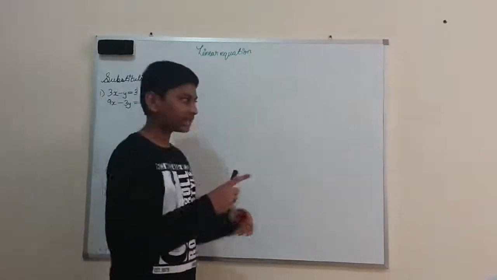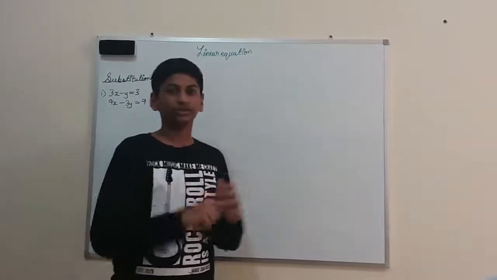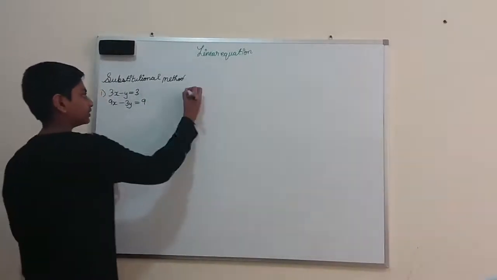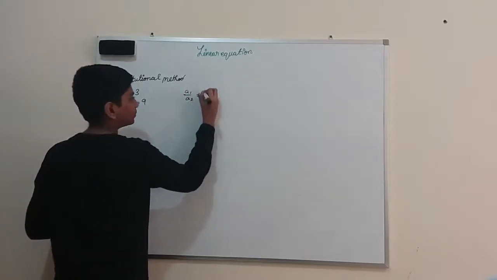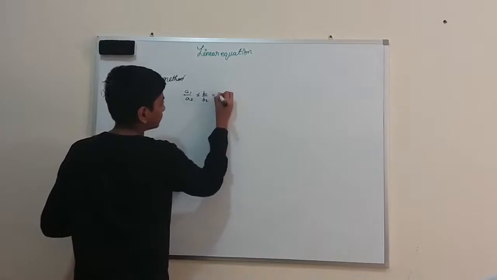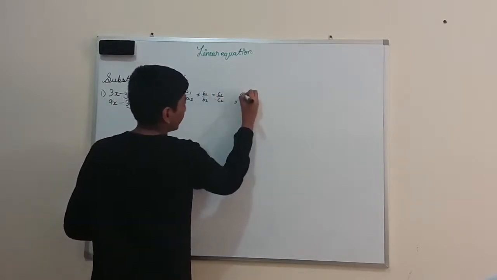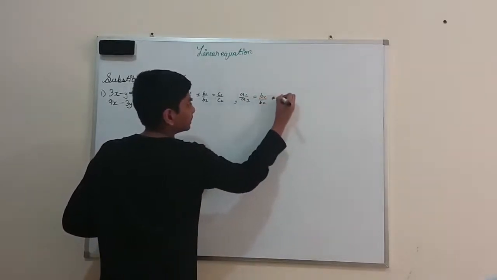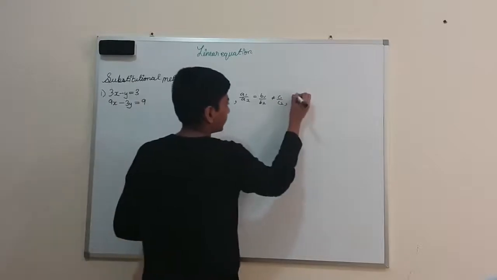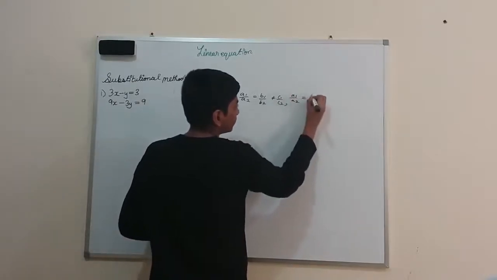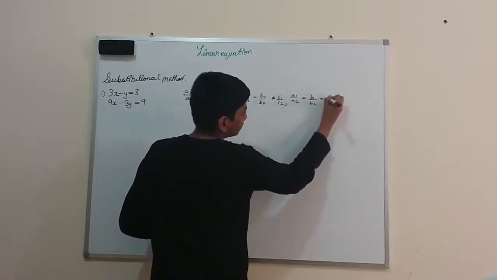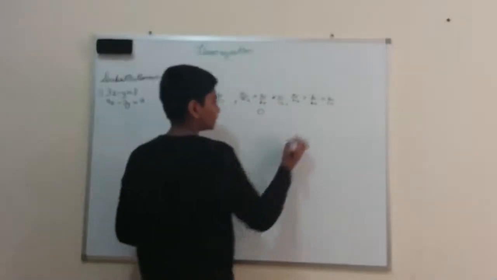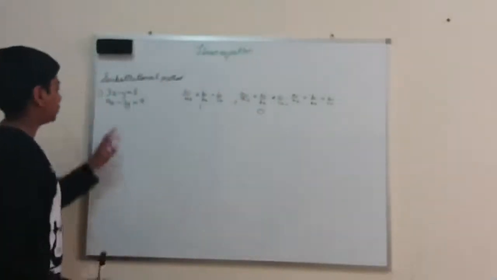Do you remember that last time I taught you the 3 formulas? Now we'll use them. We'll find which line it is. So what were the 3 formulas? a1 by a2 not equal to b1 by b2, and a1 by a2 equal to b1 by b2 not equal to c1 by c2, and the last one was a1 by a2 equal to b1 by b2 equal to c1 by c2. Okay, so this has 1 solution, this has 0 solutions, this has infinite solutions. Okay, so now let's check which solution.